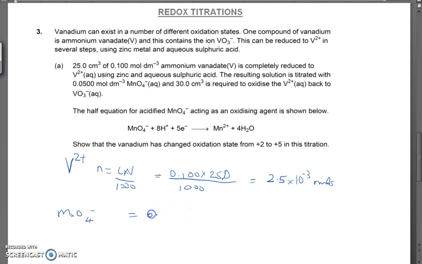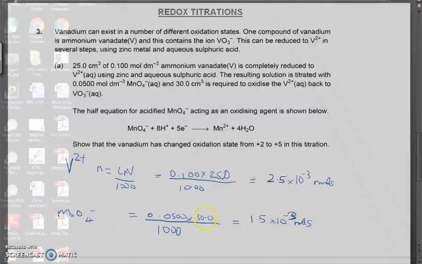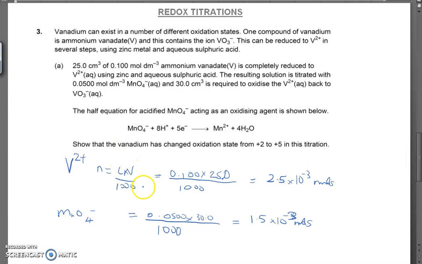So our concentration is 0.0500 multiplied by 30.0 cubic centimeters divided by 1,000, which equals 1.5 times 10 to the minus 3 moles. Is that clearer? Okay. So now we've got our ratio of vanadium 2+